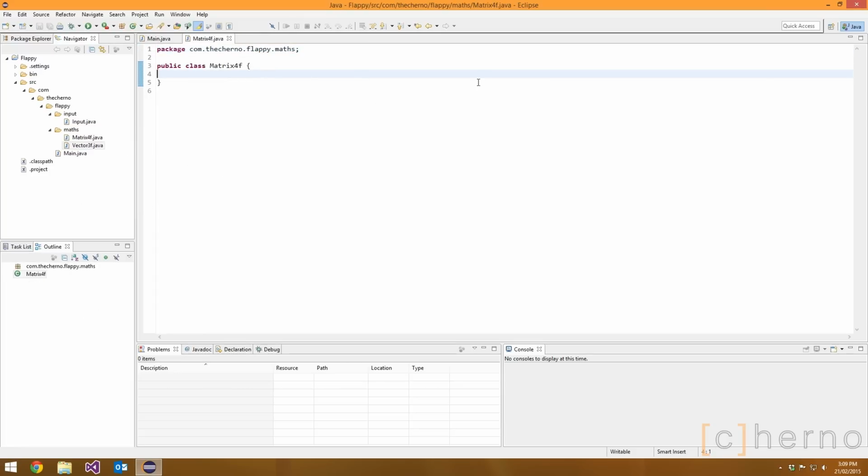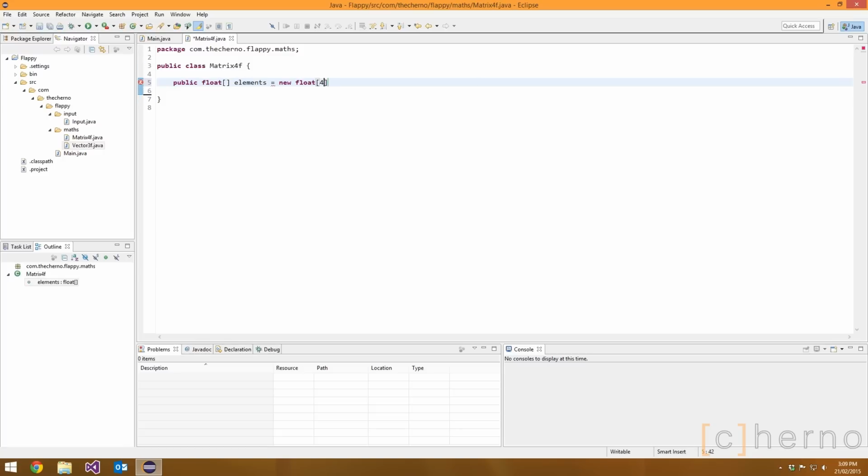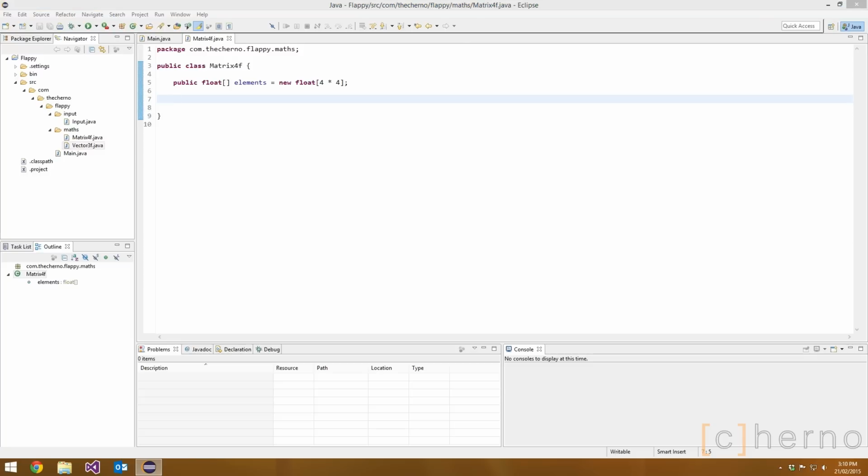Alright, so we're going to actually store this matrix, which I'll call elements, as a 4x4 array, okay? So basically it's going to be a 16 float array. You can store these outside of an array, you can store this as a 2-dimensional array. You can store this as an array of Vector4fs. We're going to be doing it this way just because, okay? No real reason. So we'll probably make a ton of constructors. We don't really need to. What I'll do is I'll make a